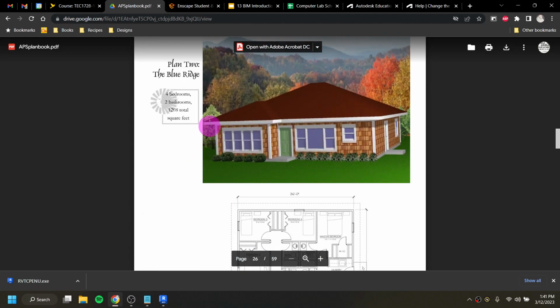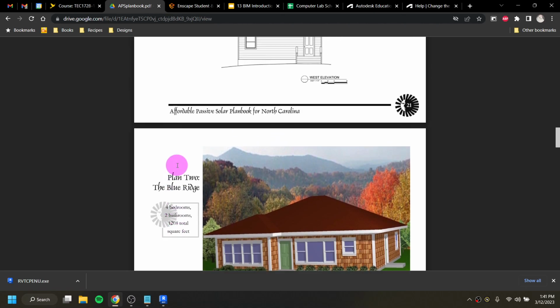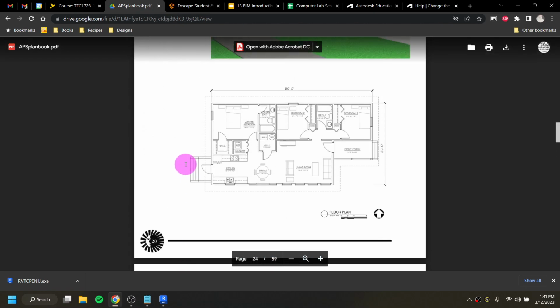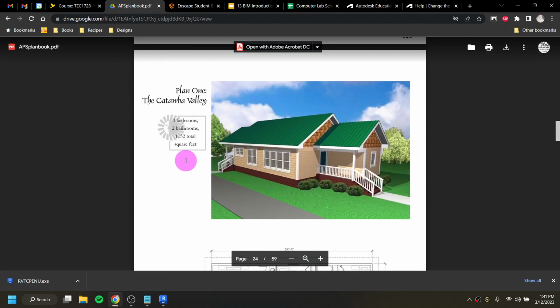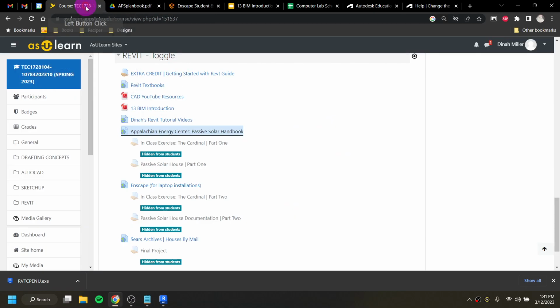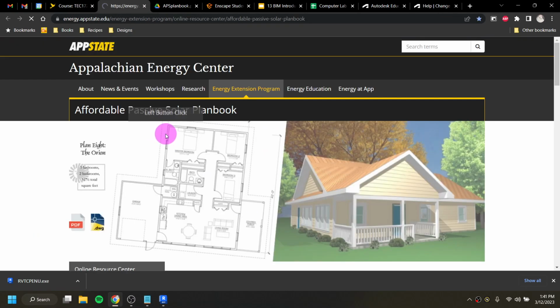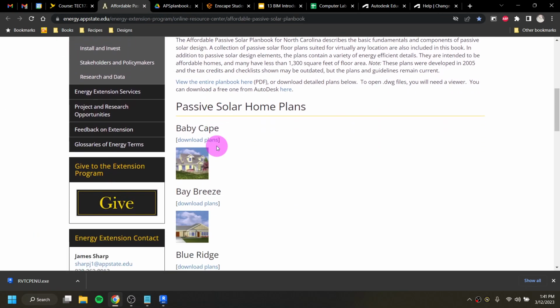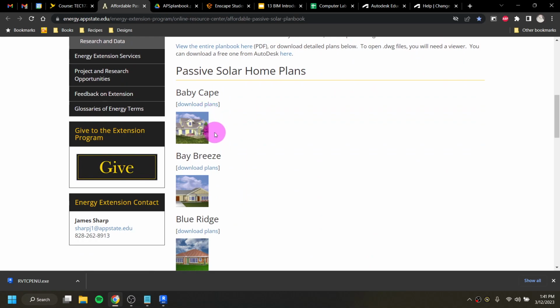The Blue Ridge, this one is an option for you to be able to choose. The Catawba Valley is also one that you can choose. So take a moment to go through this document here and pick one out. And then, if I go back to the Energy Center website, what they have available here is us to be